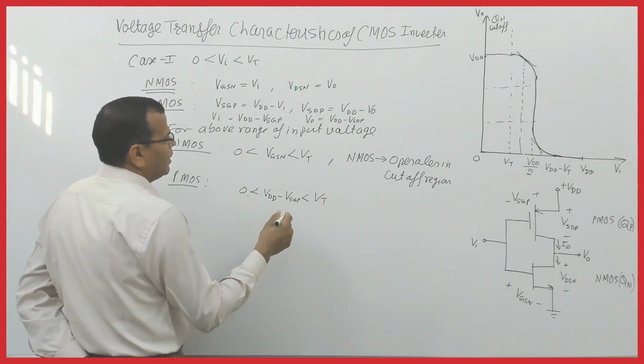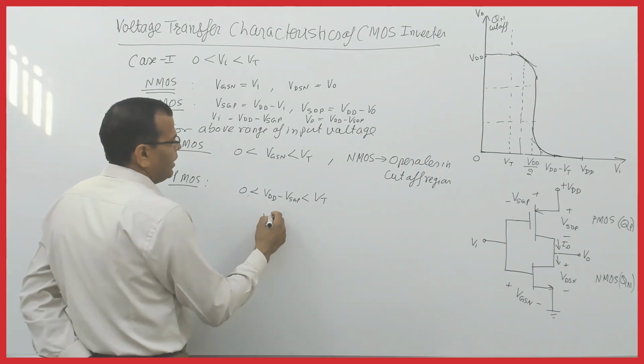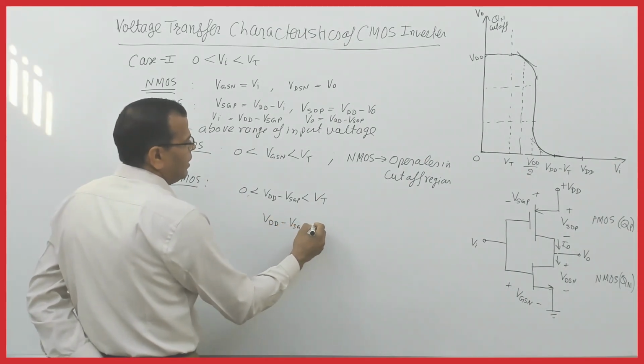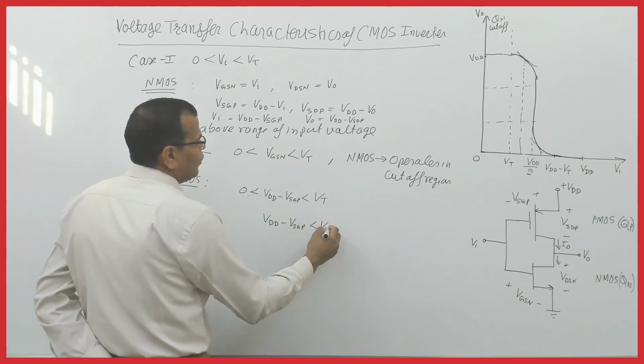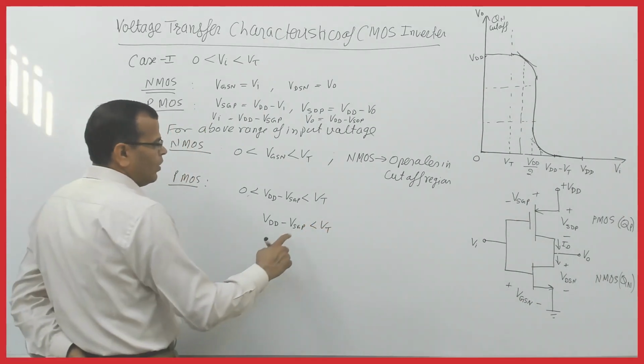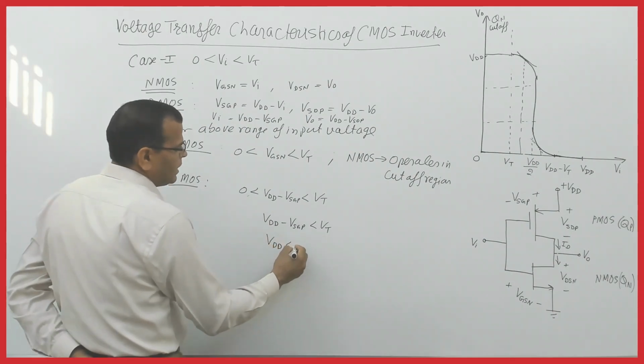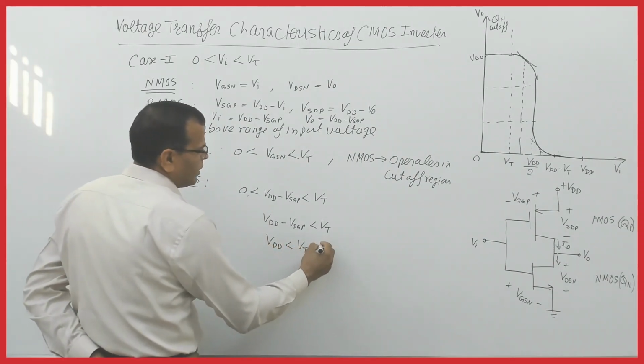Let us see how to modify it. So VDD minus VSGP is less than threshold voltage, or you can take this here, VDD is less than threshold voltage plus VSGP,